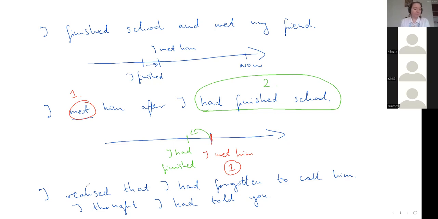And that's where we need past perfect. Now, a very logical question comes when I explain that to my students, and they usually ask me, so do we really need that? Do we really have to use this past perfect? Because, like if I say, I thought I told you, what does that change? Or even if we say, I met him after I finished school or I finished my work or whatever. If I say this after I did something else, do we really need past perfect? Like, people are not stupid, they would still understand what we mean. Yes, of course, they are not stupid. Yes, of course, they will understand.